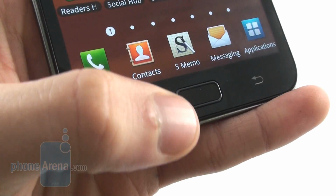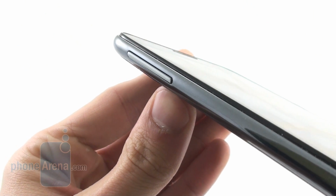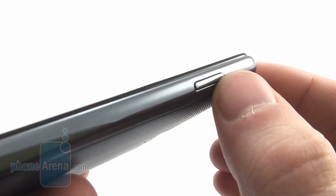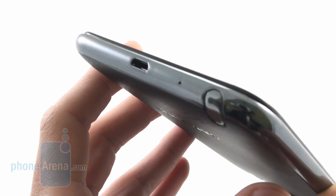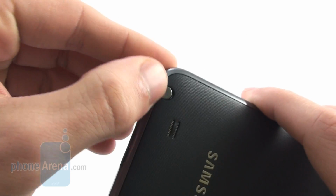So even smaller text is easily readable with the Samsung Galaxy Note. Below the screen we have menu, home and back keys. On the left side there is the volume rocker. On the right side we have the power and lock key. On the top we only have the 3.5mm headset jack. And on the bottom we have the micro USB charging and data connection port, as well as this capacitive stylus